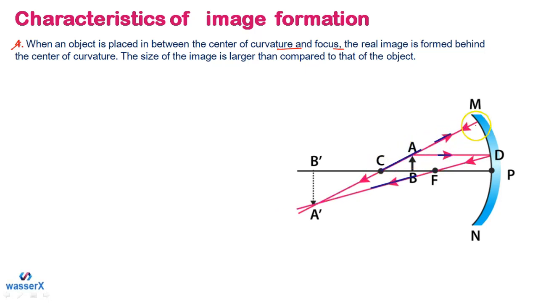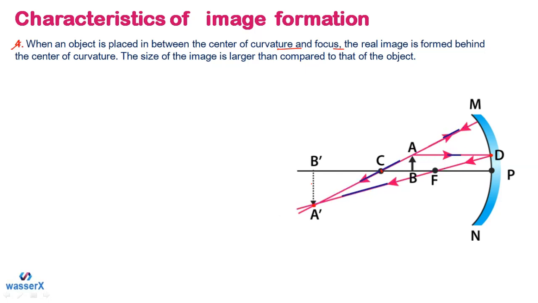So after reflection, it is passing from the center of curvature only, as you can see. And the one which is parallel to the principal axis, after incident on the point D, as you can see, is passing through the focus, as we all know from the principle of the rays. So by obeying the laws of reflection, it is moving this way. After the reflection, these two rays are meeting at a point, that's A dash, and here we are getting the image which is B dash A dash. But students, this time we are getting a little enlarged image of the object.